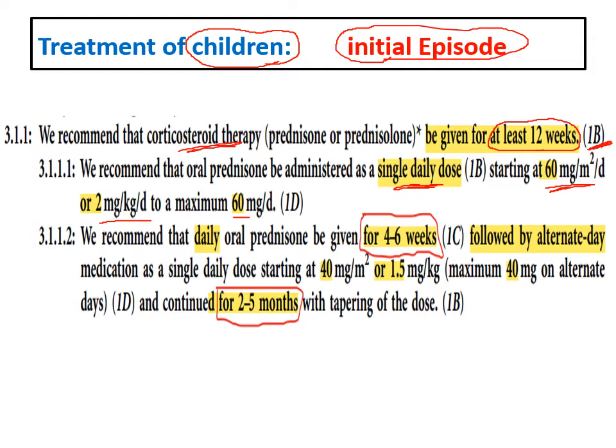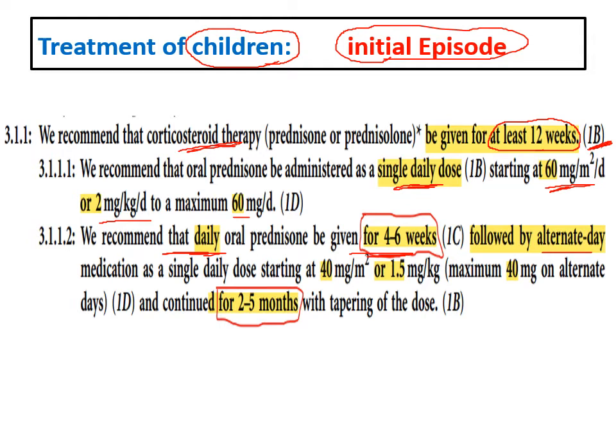How do we continue? The daily dose should be continued for at least 4 to 6 weeks, even if the patient showed complete remission very early. I should continue this daily steroid dose for at least 4 to 6 weeks, followed by an alternate day dose. If I start with a daily dose for 4 to 6 weeks, then I shift to an alternate